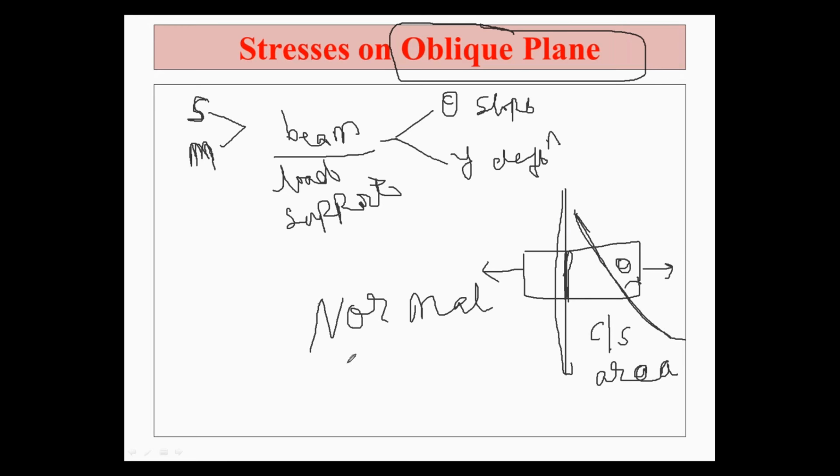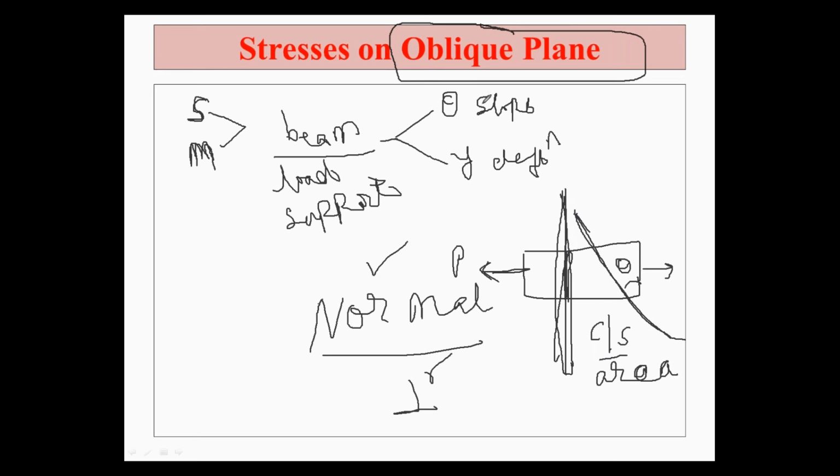Okay, normal plane. This is a normal plane, which is perpendicular to the load. Normal means perpendicular, tangential means parallel. These two differences are the most important here. Here the load acts, we took the cross section here, and the load acts perpendicular to the cross section. That's why it is normal. So up till now we have calculated all stresses on the normal plane, and for the cross section we took the cross-sectional area.